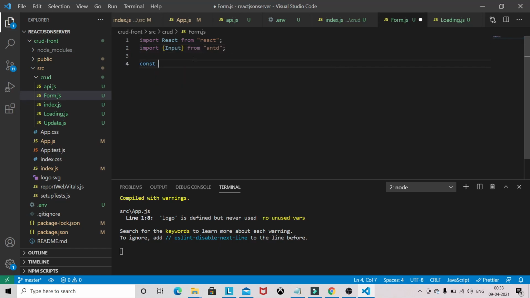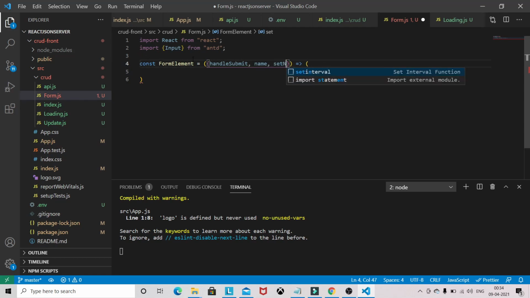So const, I will give the component name FormElement, and it will receive some props. It will receive handleSubmit, name and setName.